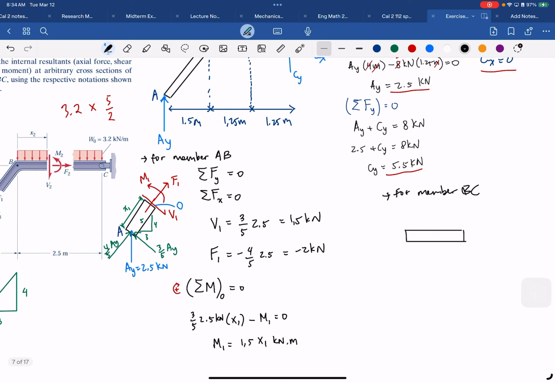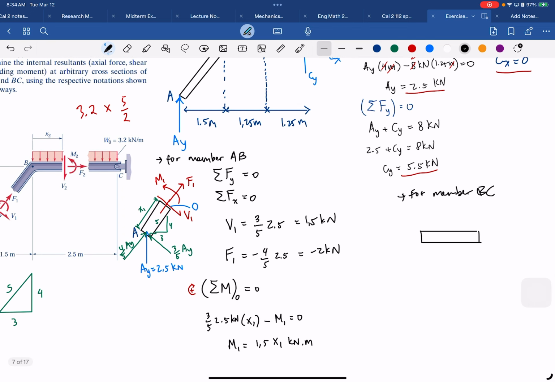And since we are going to take a new distance, which we define as x2, and since we are able to calculate the C,